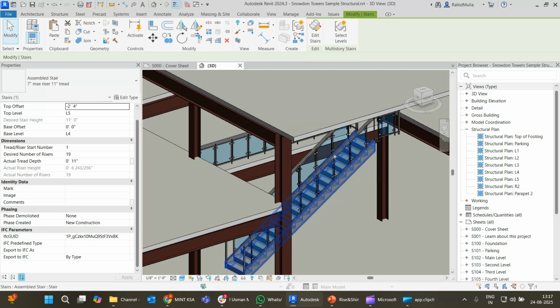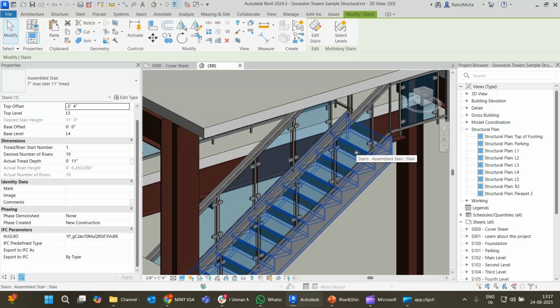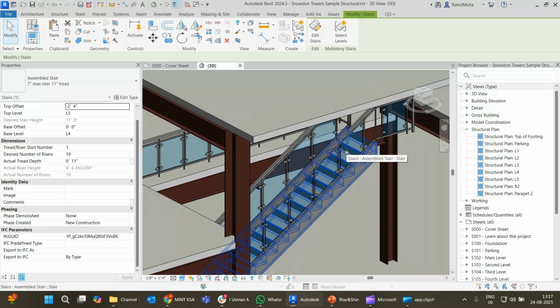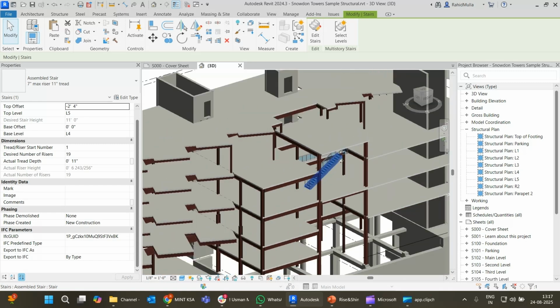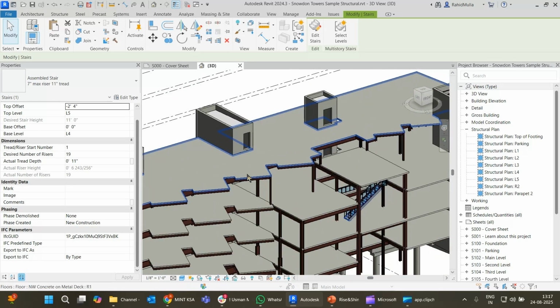Sometimes when you are working in an architectural model, there is a stairs that will be coming from the structural model. You just have to provide finishes, but the stairs will be there in the structural model. So you can simply reduce the thickness of that one, and there are a lot of things you can do, and you can make your work easier using this effective technique.